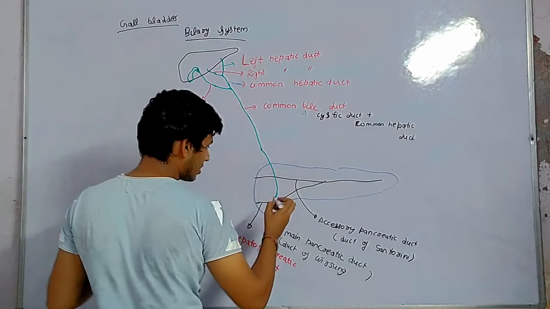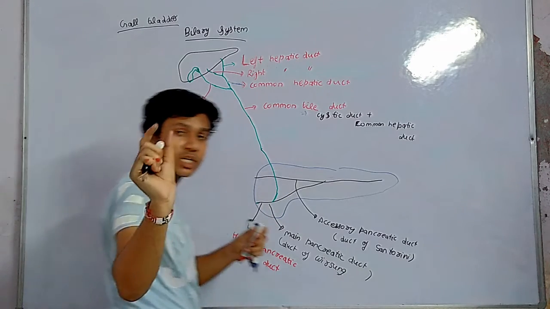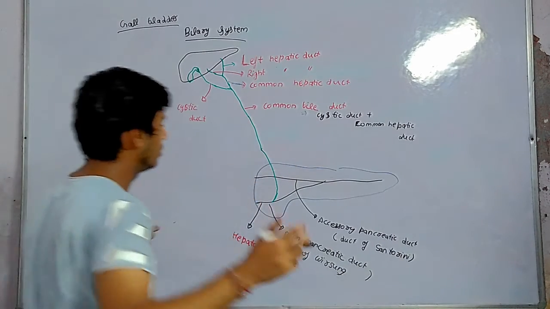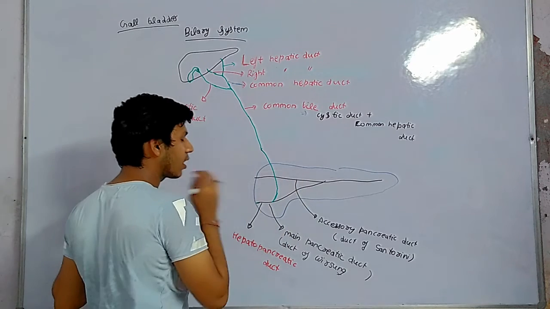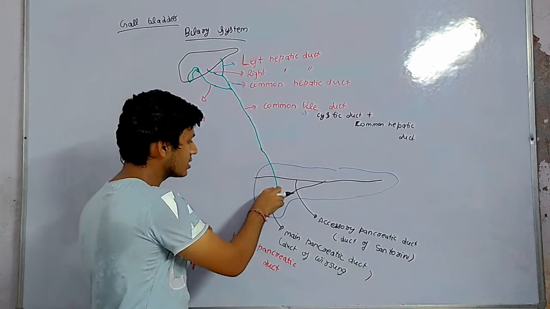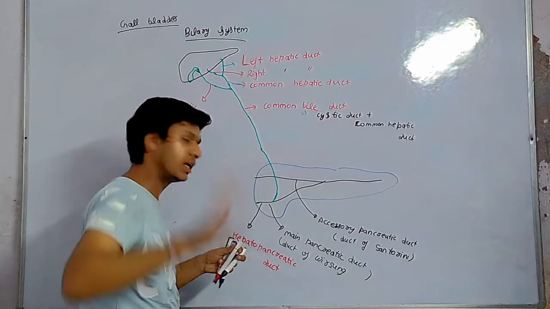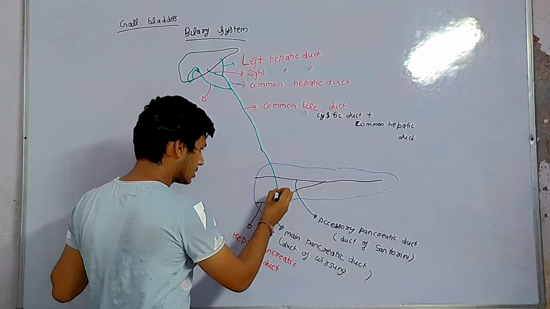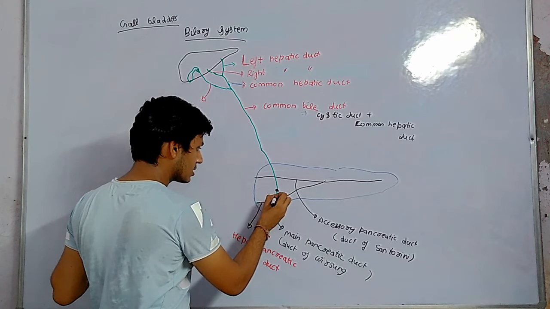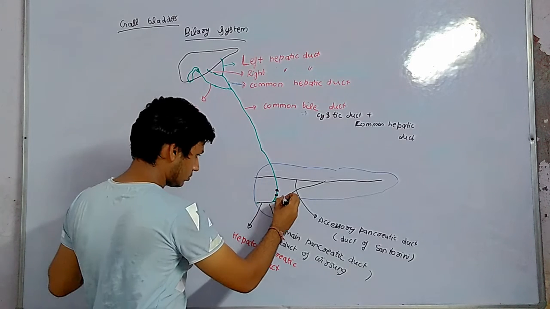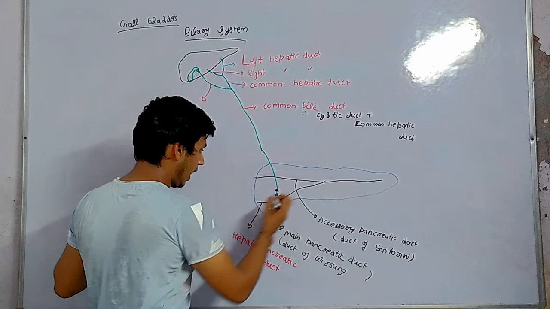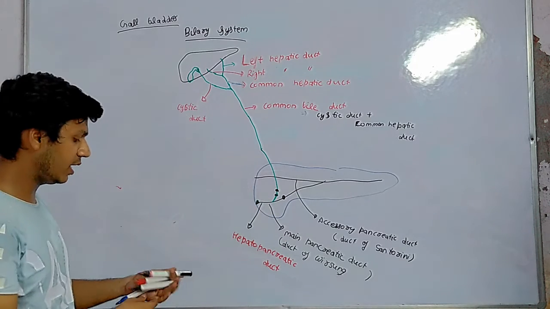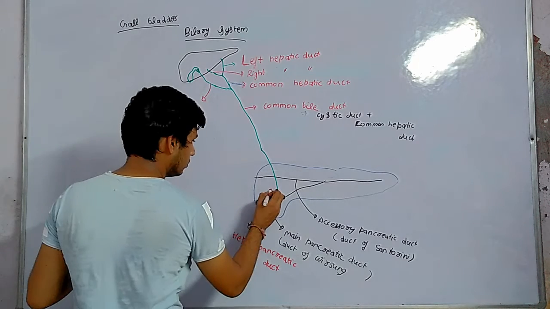How? First, there are some sphincters, just constrictors, which help to control the secretion movement, bile movement. At this point, four sphincters are present. The first sphincter is like this. This is the first sphincter, this is the second sphincter, this is the third, and the main is here. These are the four sphincters, and their names are important.